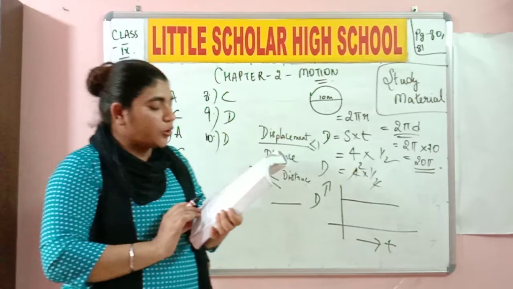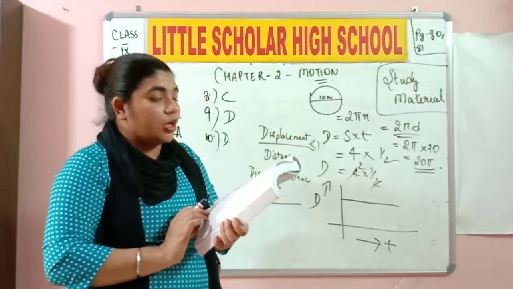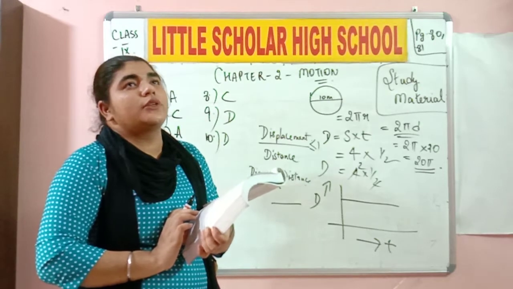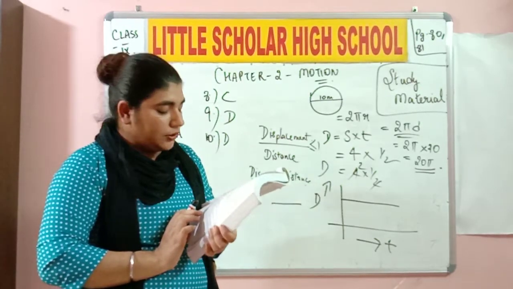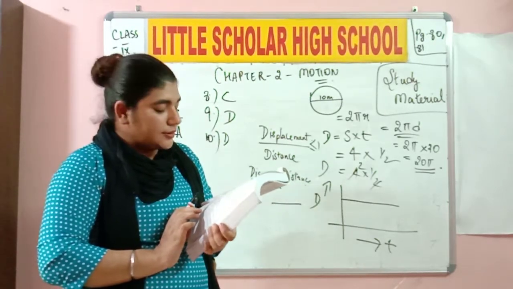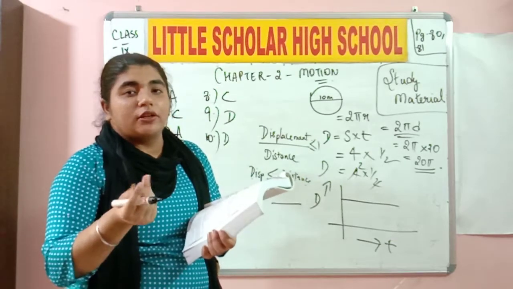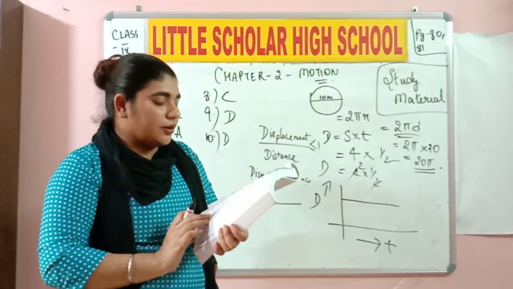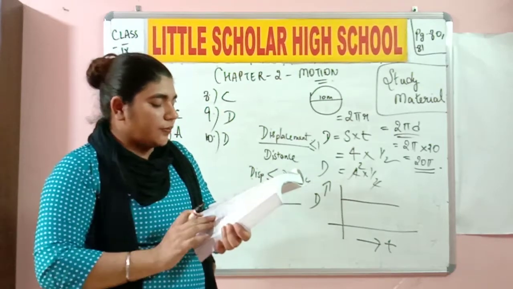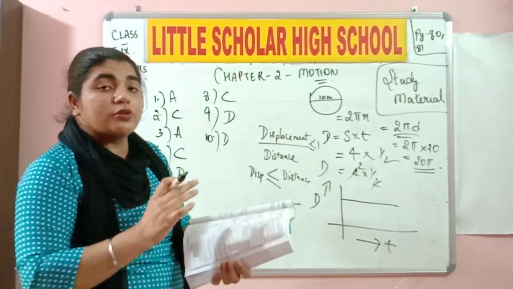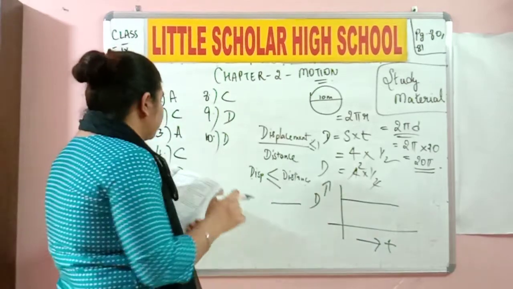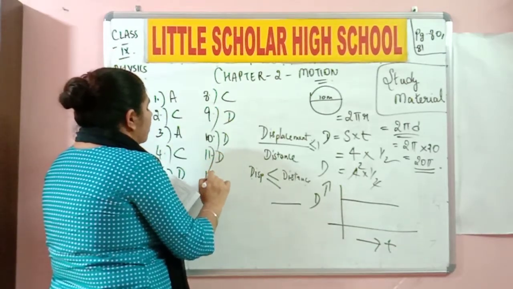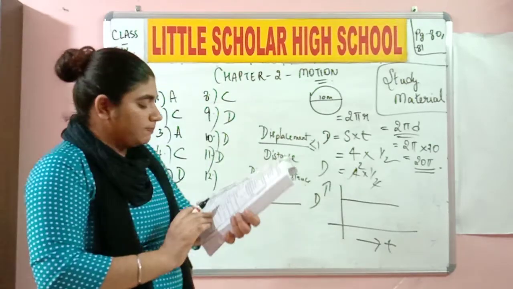11th one. Which of the following is not a unit of time? Parsec is a unit, astronomical unit. Like the radius of the earth is 1 astronomical unit. Light year is again the distance. Micron is the quality. The plastic cover should be under 50 microns. You must have heard about this. Second is the unit of time. So they're asking us which of the following is not a unit of time. So 11th one is also option D. That is 1, 2, 3 are not units of time.